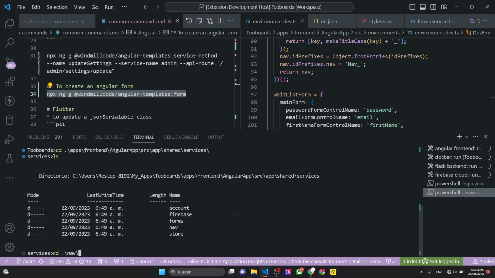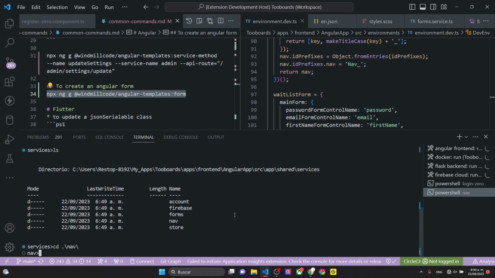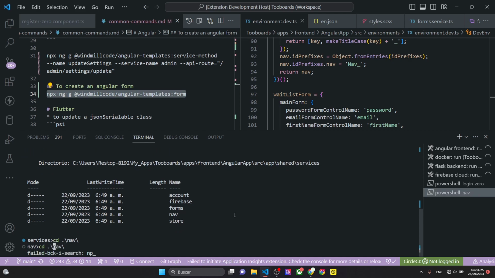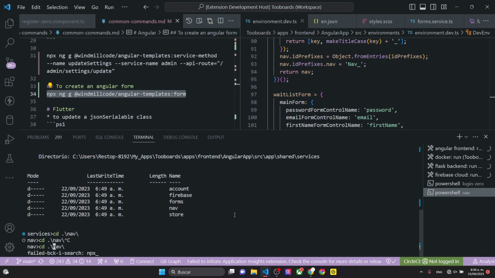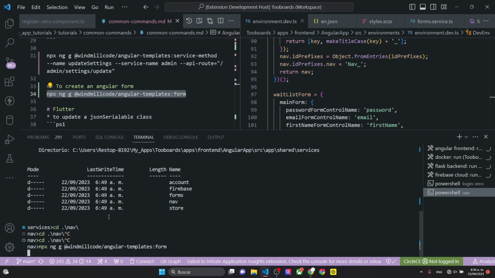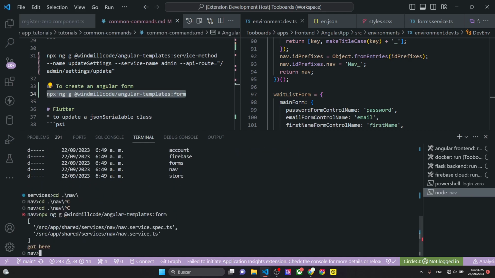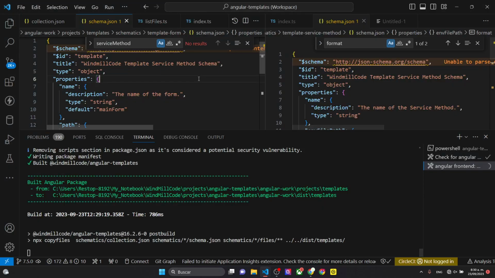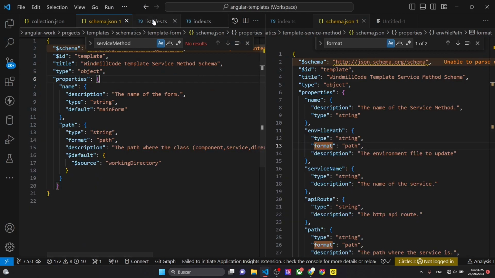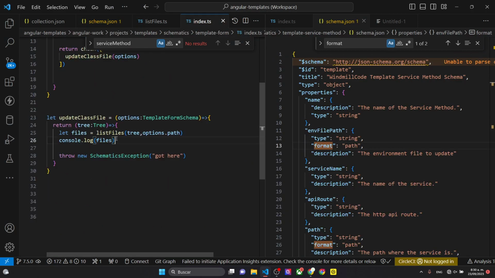And if you go into nav, then we want to try to say mpx. I basically want to look for the nav service itself. So there's that. Now, once I have the list of files,